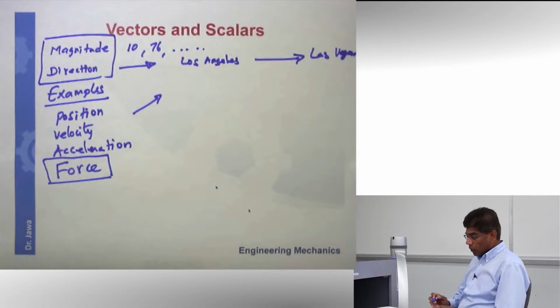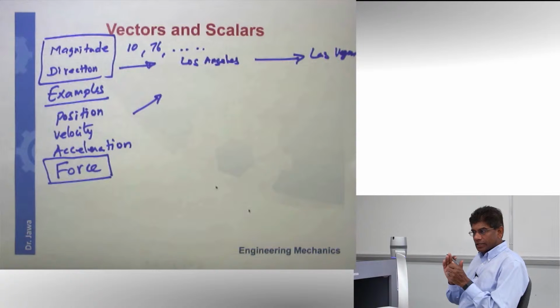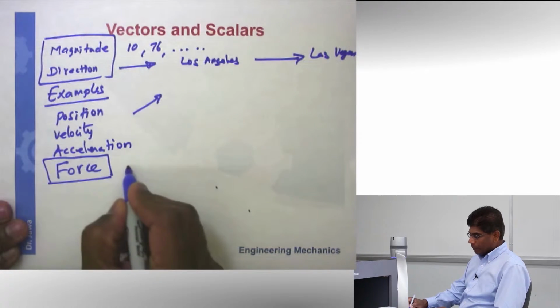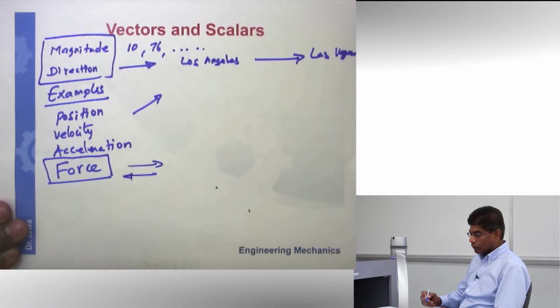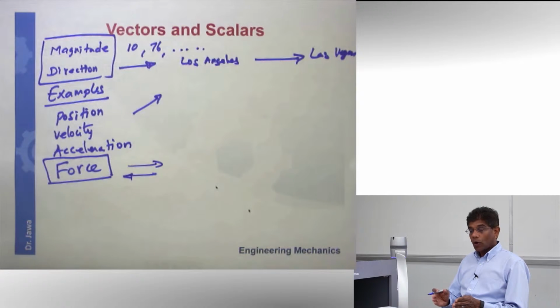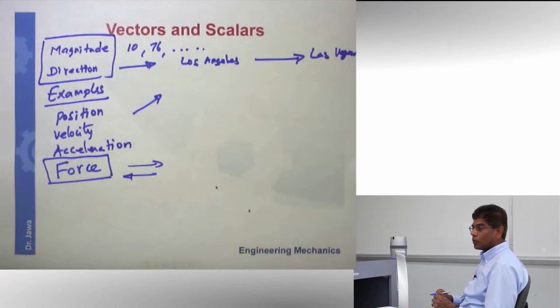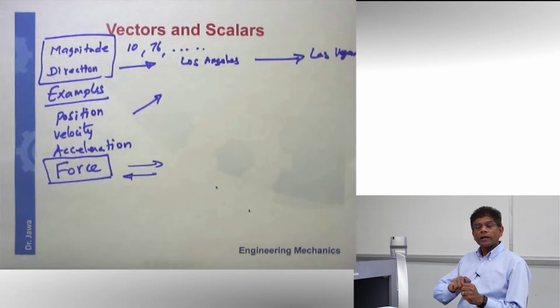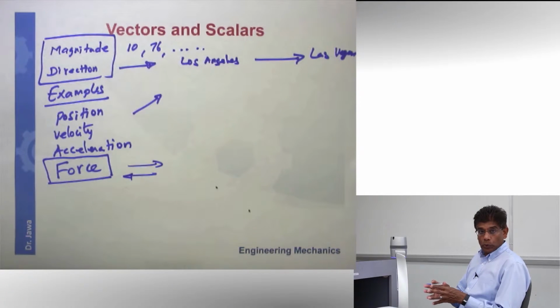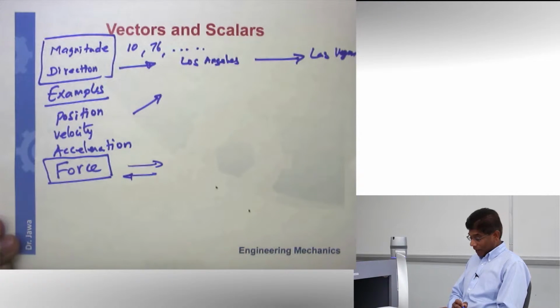Force, as all of you know, is a push or pull. It's like pushing something or pulling something. If it is a push or pull, it has a certain direction, right? I am pulling it this way or I am pushing it this way. So force has direction. Plus, we also apply a certain amount of force. If you are using the American system, you may say, I am applying 50-pound force. Or you may be using the metric system, you may say, I'm going to exert 100 Newton force. So force has a certain amount, which is the value, magnitude, and the direction. So force is a vector.